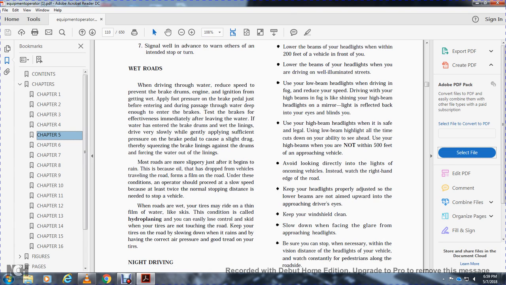Most roads are slippery just after it begins to rain because oil dropped from vehicles traveling on the road forms a film on the road. Under these conditions, the operator should proceed at slow speed because of the lack of traction, twice the normal stopping distance is needed